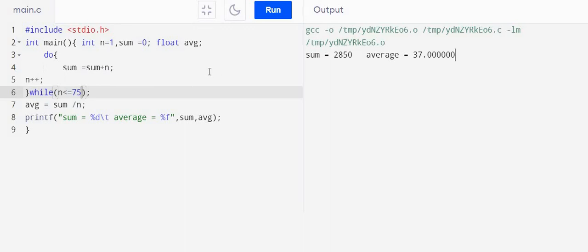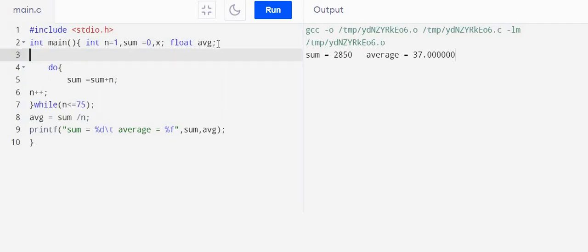Then we'll give a choice to user to enter any numbers. So let the user entered number be x. Suppose user is entering integer numbers. Now indicate user to enter 10 numbers. So printf enter 10 numbers. So user will enter 10 numbers now.